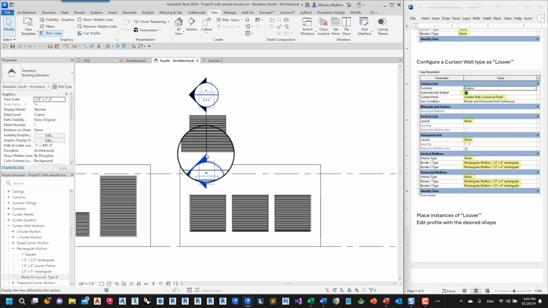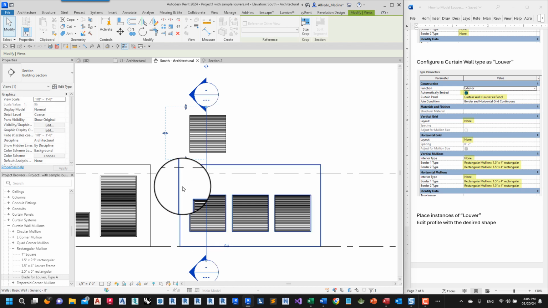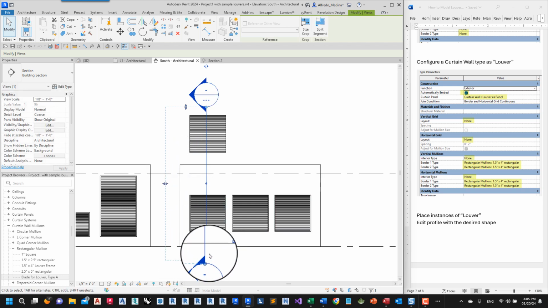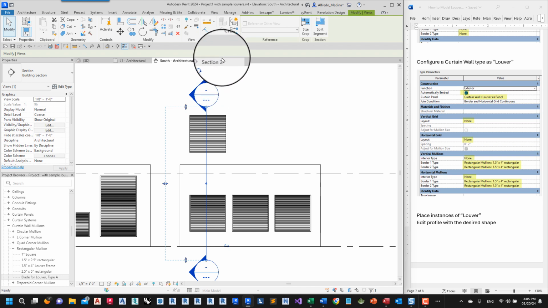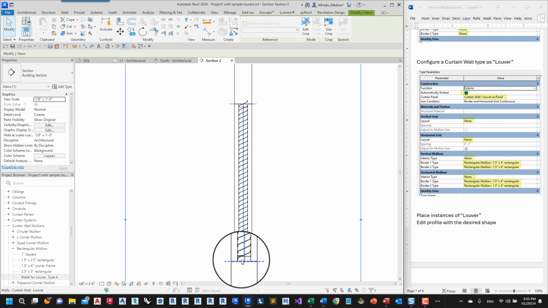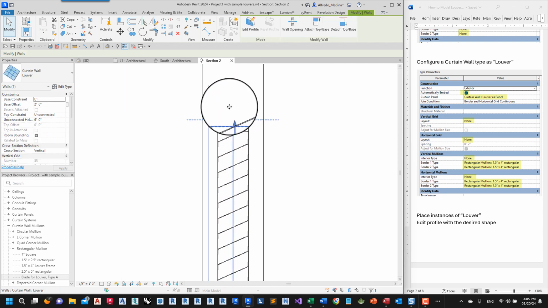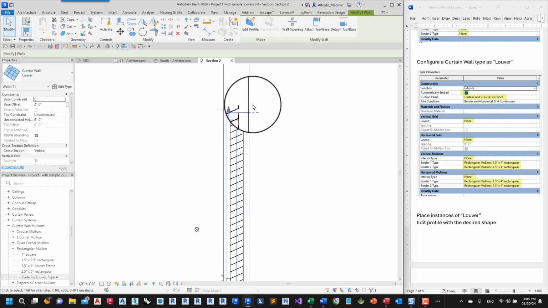If I extend this section, let's extend this section like this. And let's go to that section. You can see that this wall or this louver is already embedded into the masonry.